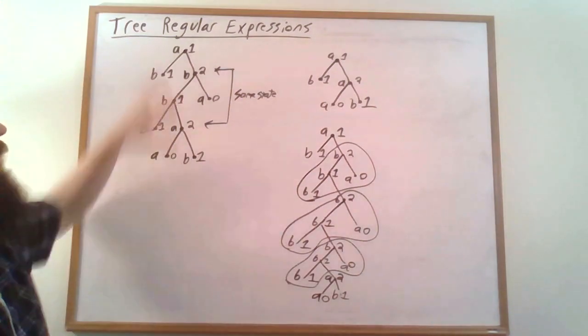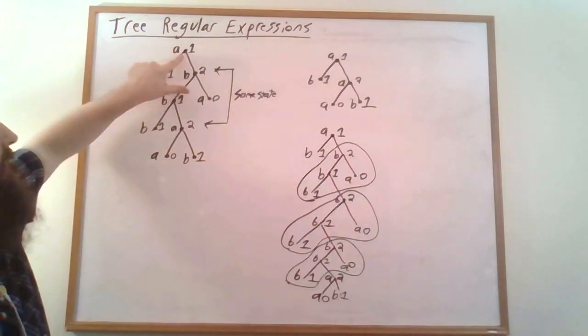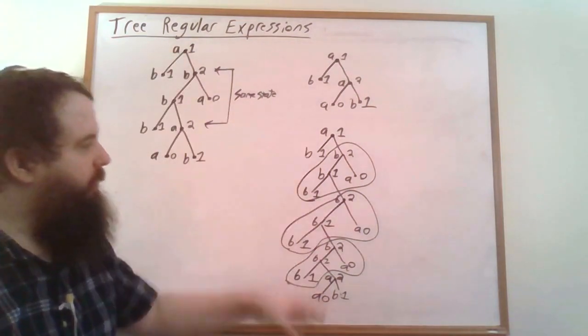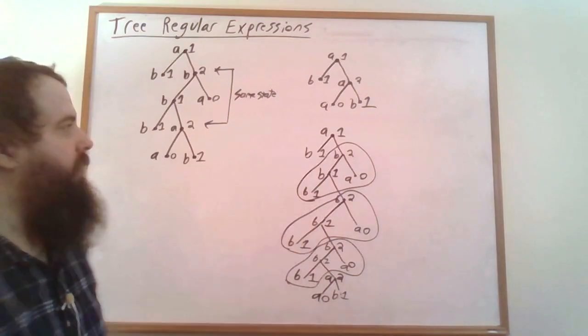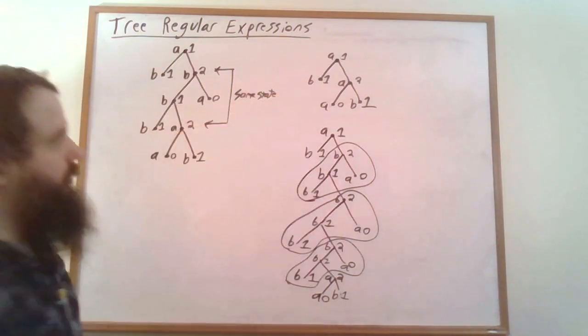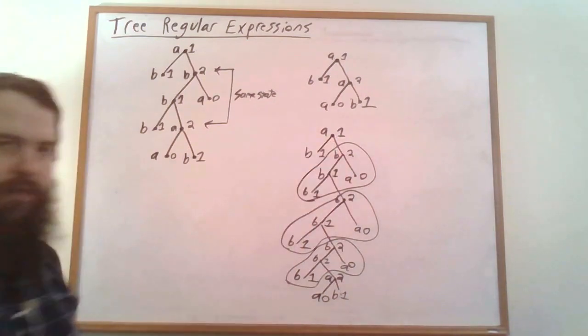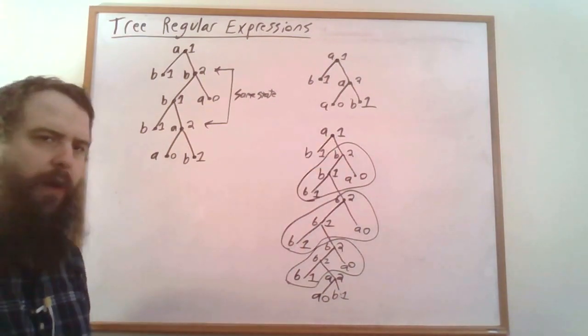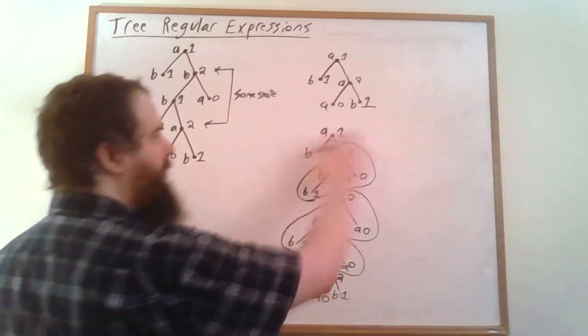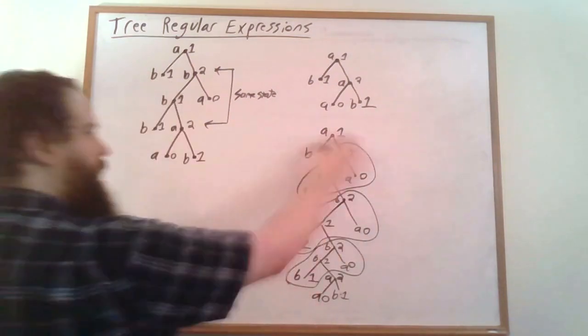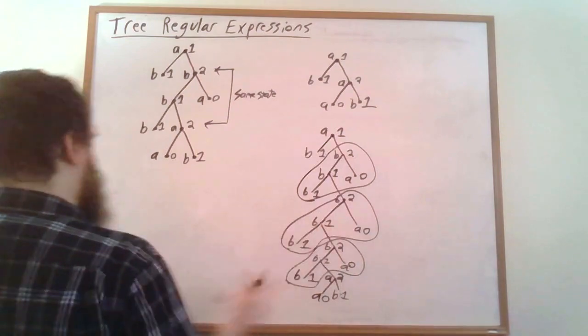If this is the run of this automaton and it's accepting, then this has to be the run of the same automaton on this much longer tree word, and it also has to be accepting because it ends in an accept state. So how can we talk about this phenomenon? How can we talk about this piece here? We can describe this piece that's getting duplicated as